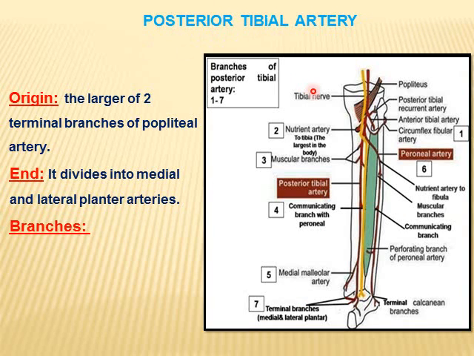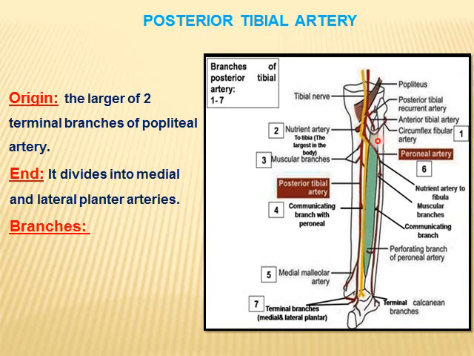Posterior tibial artery is the larger of the two terminal branches of the popliteal artery. It descends between tibia and fibula, and in the lower part of the leg, it lies on the back of the capsule of the ankle joint and the lower end of the back of tibia. Along its course, it gives the following branches: